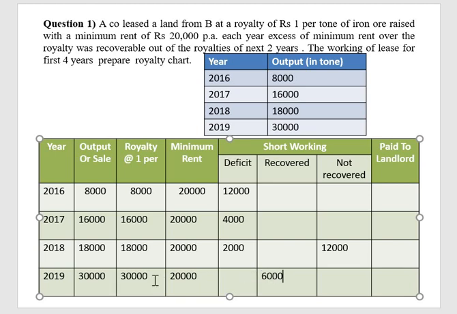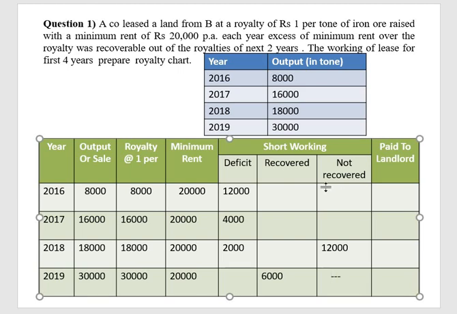Is it clear? Actually, how much profit do we have in 2019? In 2019 we have a profit of 10,000 rupees. In that 10,000 we can recover the 2017 loss as well as the 2018 loss, because we have sufficient funds. Is it right or not? So 4,000 plus 2,000 is 6,000. Is it clear? Yes. So in that year there is no other recovery, and whatever remains will be irrecoverable. Next.